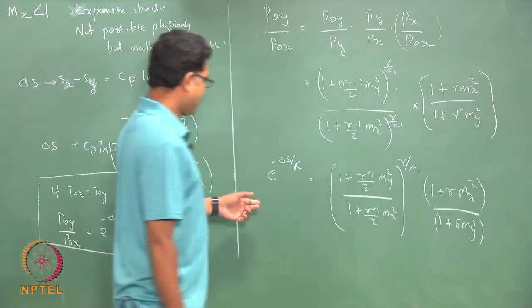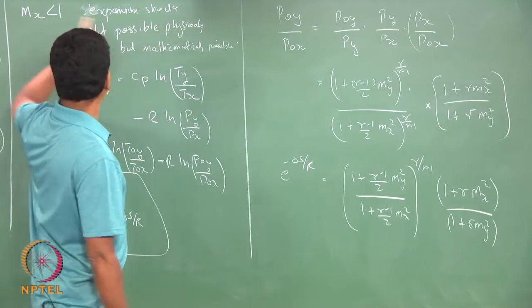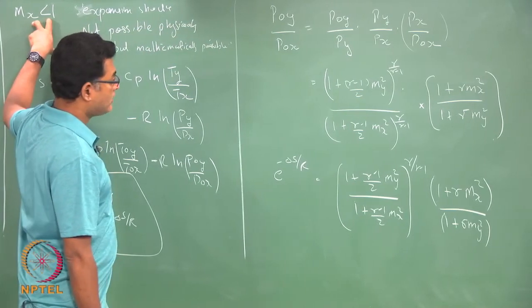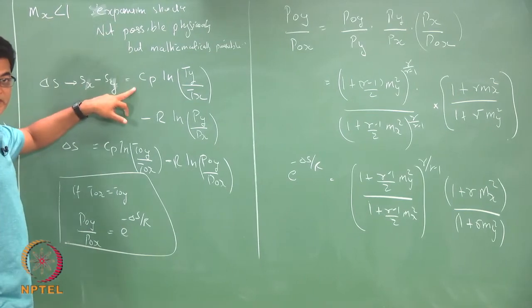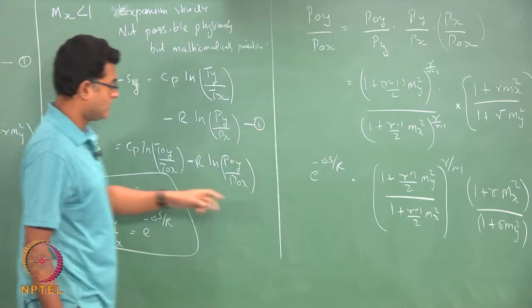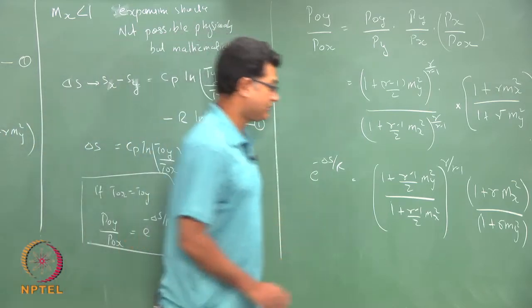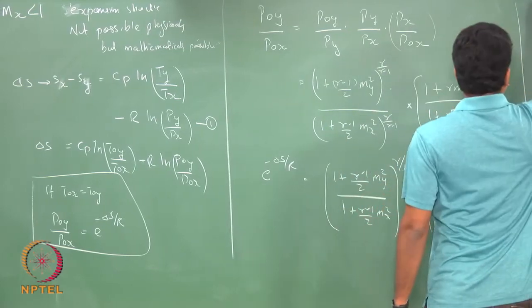So, you can show Mx less than 1 not possible in two ways. One, take this equation, or take this equation and show. So, let us take equation 1,